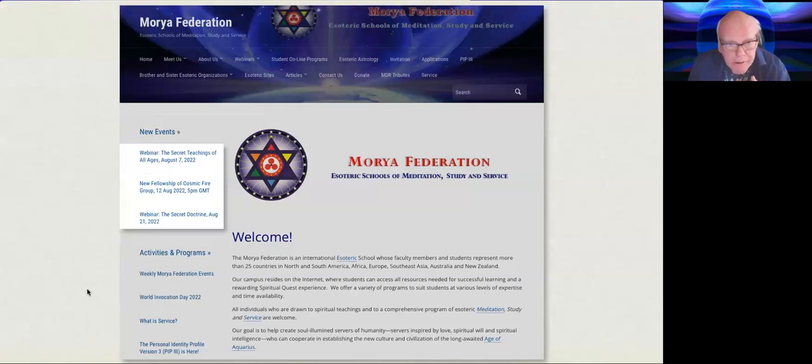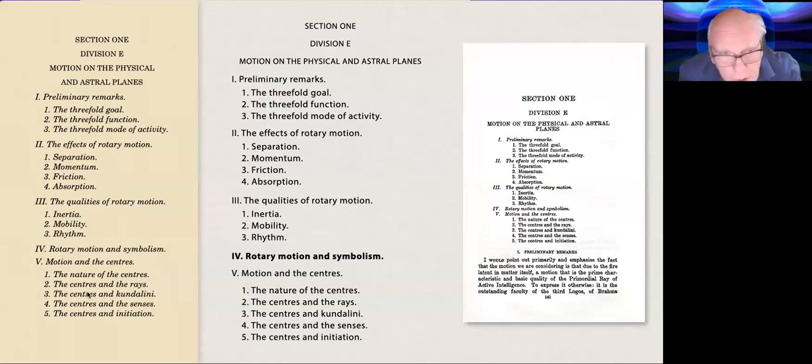Last time, we began chapter 4 of division E, entitled Rotary Motion and Symbolism, which focuses on the meaning of a series of familiar symbols, like the circle with a point in the center, which we covered last time, but only in terms of the material aspect and the sense of the body of the atom, whether that be an atom of substance or a human being, a planet, solar system, but these symbols just in relation to the actual